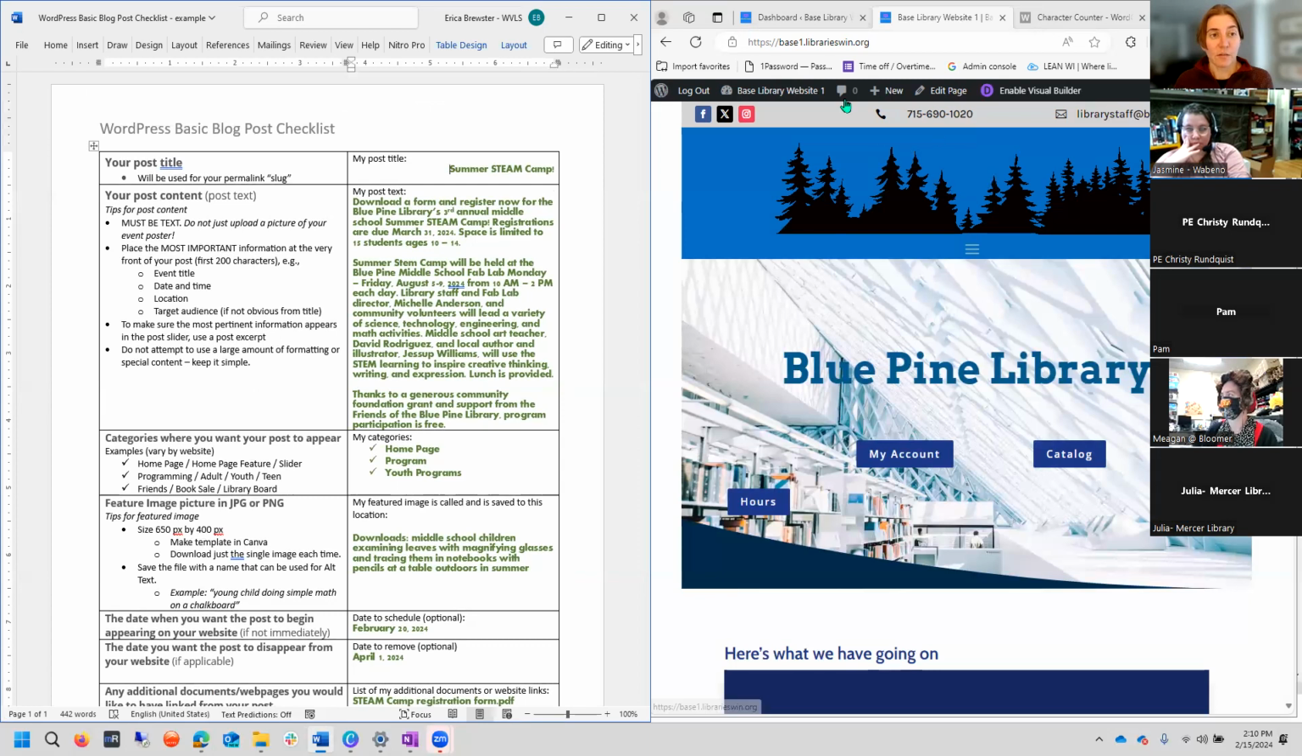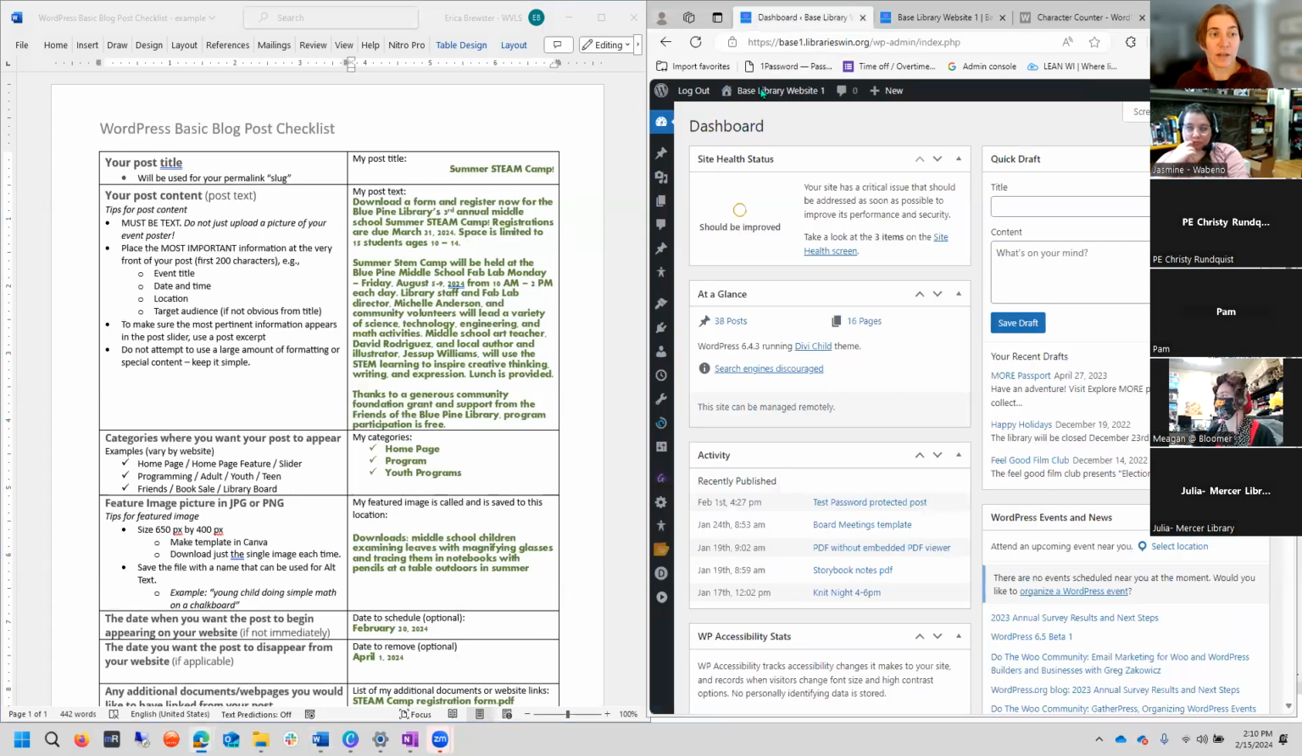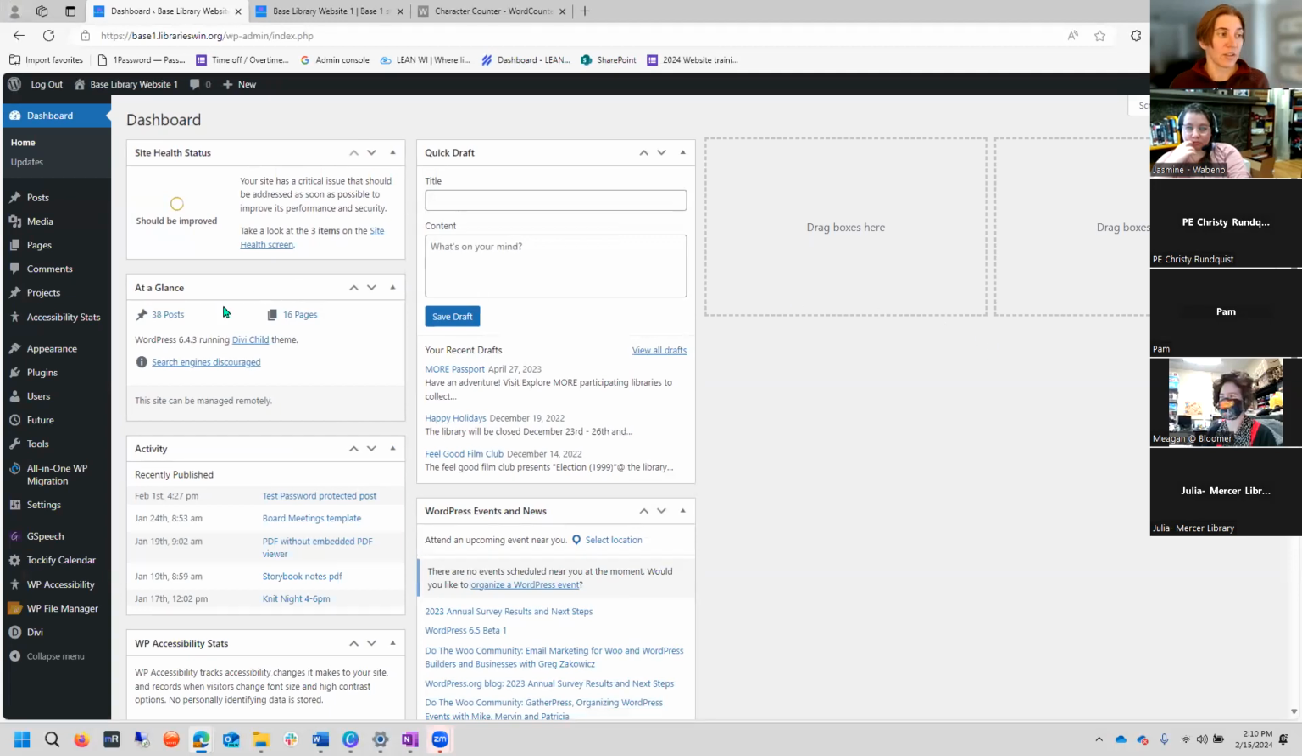So I'm going to begin this process. I've got this all prepared in advance. I'm going to come over here to my base library website, which is actually our Blue Pine Library website, and I'm going to make a new post. Just in case you're not familiar with this, when I have it crushed down and minimized a little bit to fit on my screen,